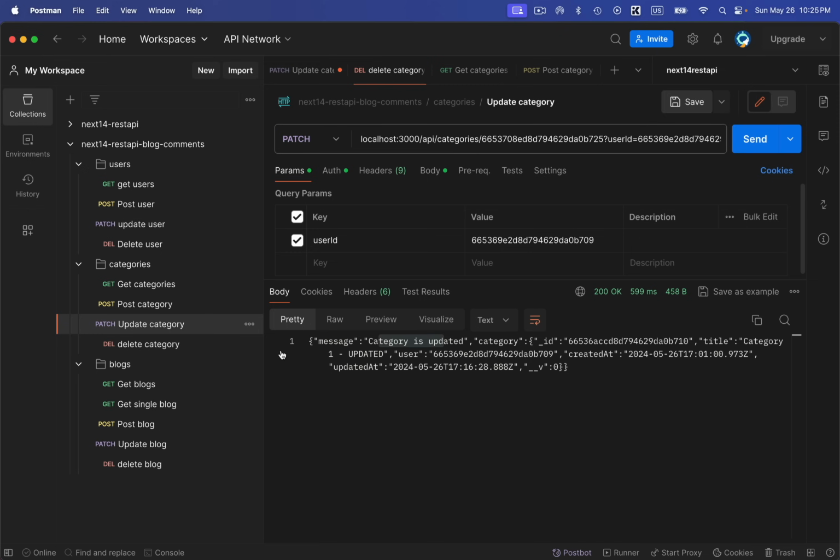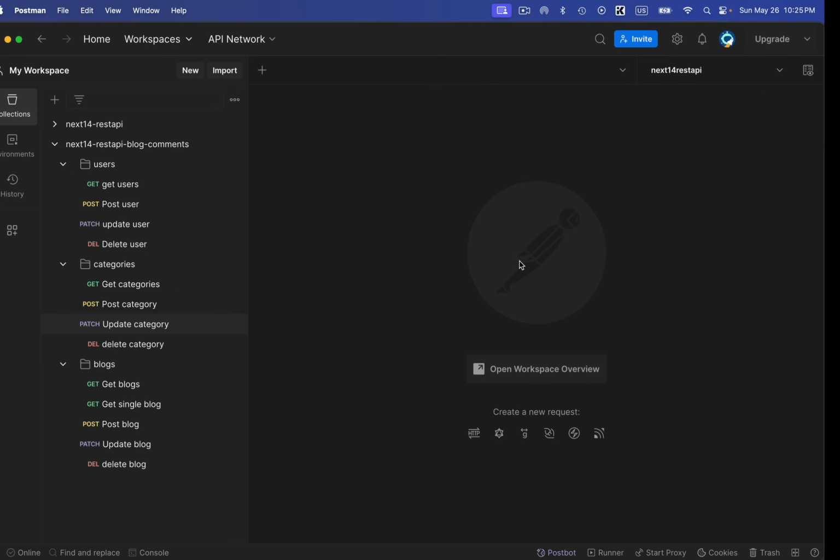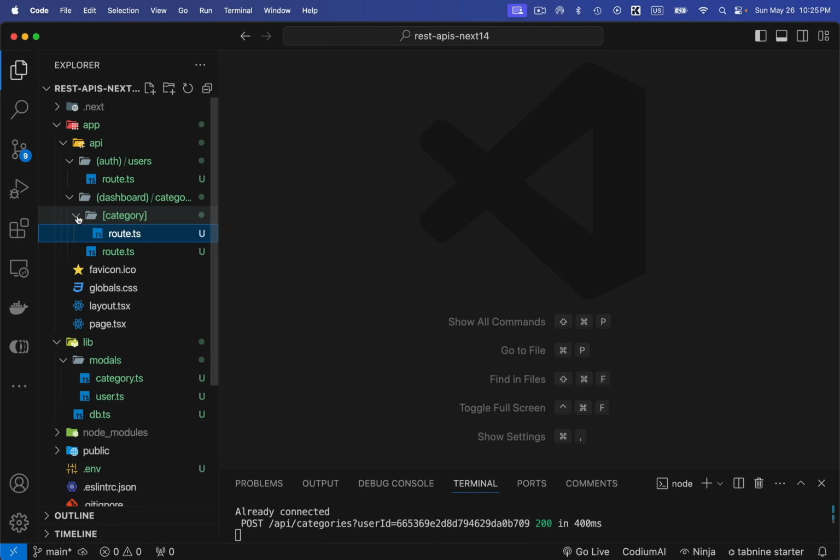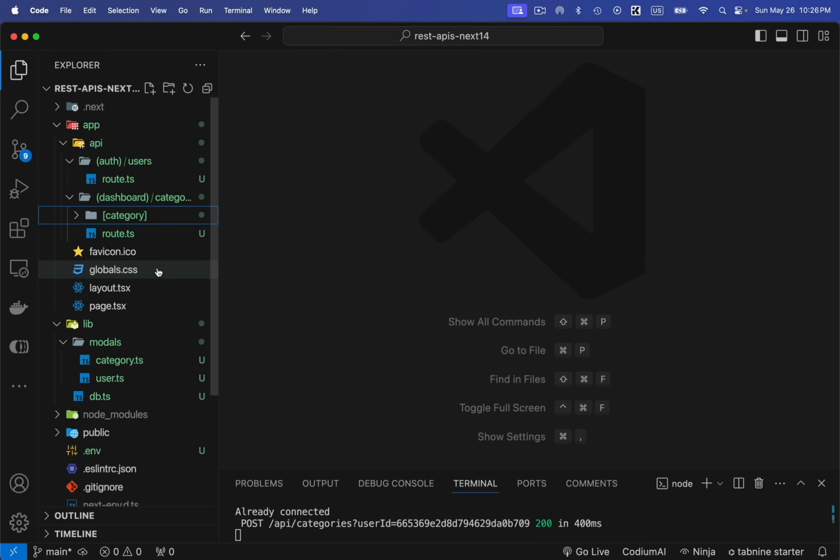So this is updated, this one is updated, and I'm going to close all of these 4 requests now. Okay, so we are done with these category APIs. Now we need to create a blogs API that is going to have a little bit more relationship. Blogs can belong to a category as well as to the user who created the blog. And later on, we can filter the blogs based upon the category as well while getting the blogs back